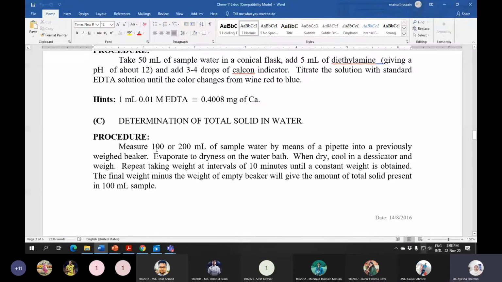Okay, now what you have to do, write down whatever the mass of the sample and then evaporate to dryness on the water bath. So after that, we put those beakers in the water bath that we have in the chemistry department. That's like a heater, but you have water there, so you don't overheat the sample. So you keep the beaker on a stand inside this water bath and let it evaporate slowly. And when it's dried, then you cool the